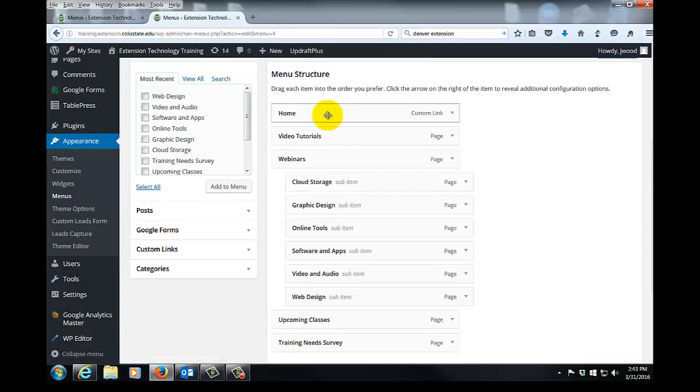Our home button at the very left is a custom link, which is just the URL of our WordPress website. And then the rest of these, the video tutorials, the webinars, the upcoming classes, and the training needs surveys are all pages. The drop-down items under webinars are also pages, these sub-items. So what we're going to do is, from scratch, build the custom link for our home page, build these four main buttons: video tutorials, webinars, upcoming classes, and training needs survey, and then we'll go in and add our sub-items